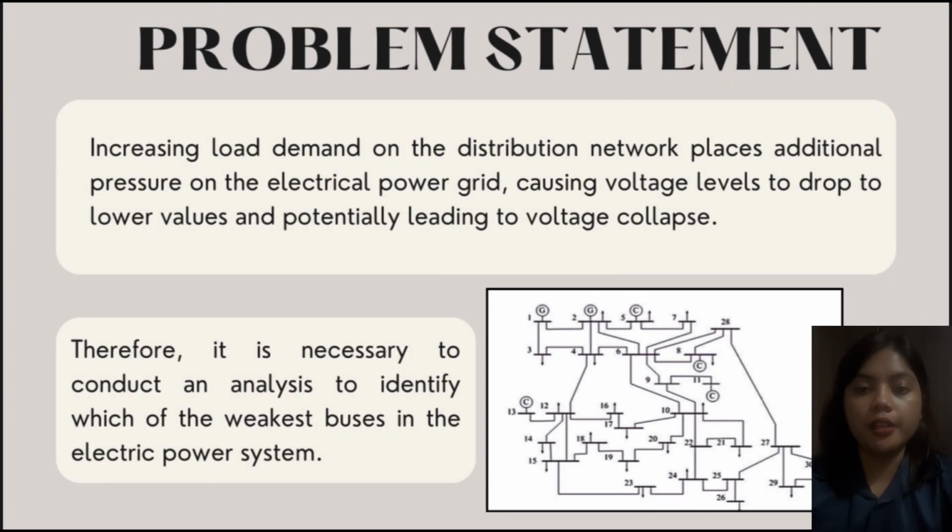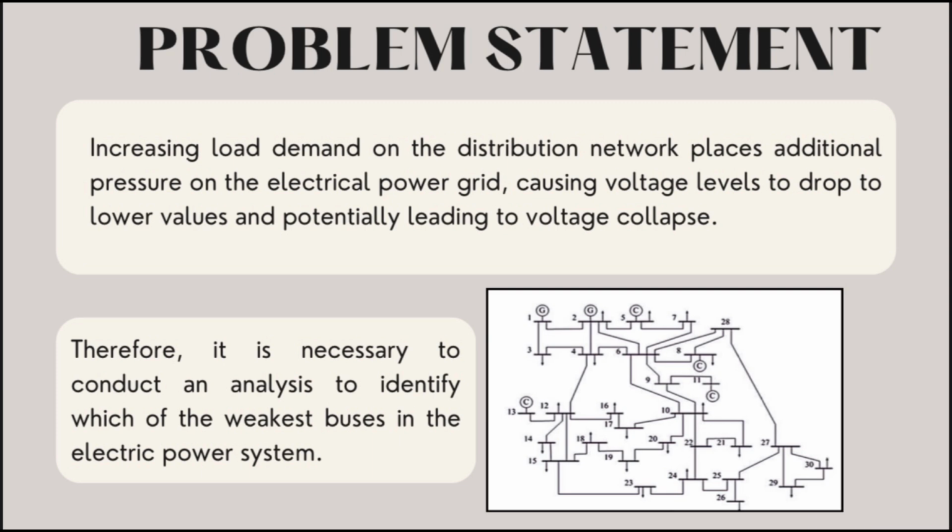Increasing load demand puts stress on the power grid, causing lower voltage values. It is because the system operates closer to its stability limits. The major problem that could occur during this time is disruption and blackout in the distribution area. Therefore, it is necessary to identify the weakest bus. The weakest bus means that the bus is giving the lower voltage value even though the load demand has